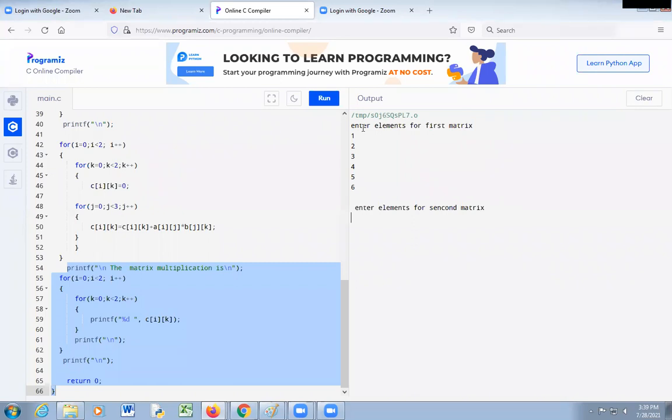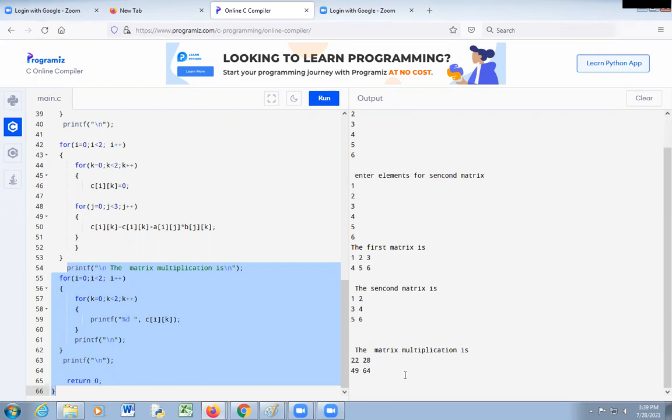These are the elements for the first matrix. For the second matrix, 1, 2, 3, 4, 5, 6, and this is the display of the first matrix, display of the second matrix, and multiplication of these matrices. Okay, see this code carefully.